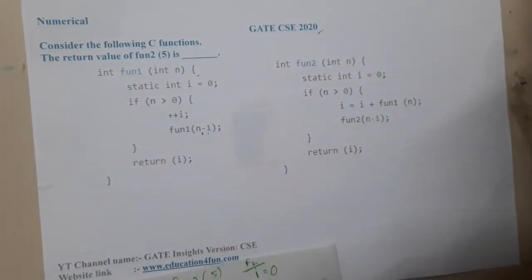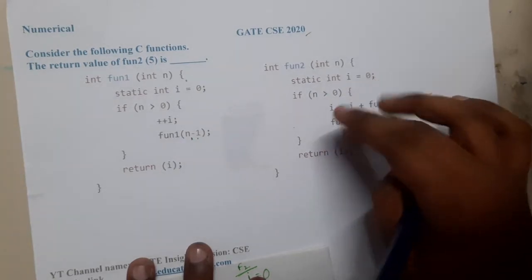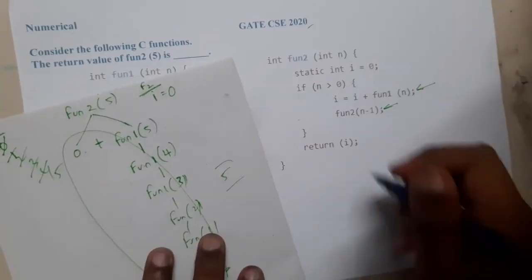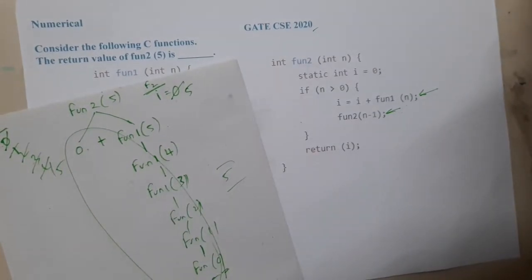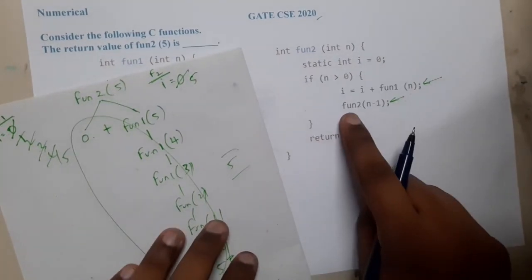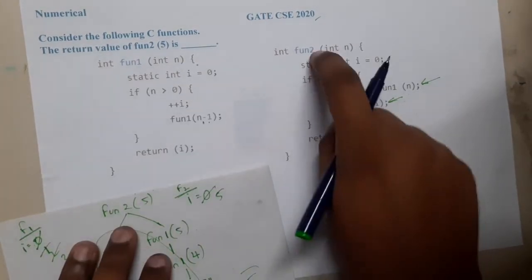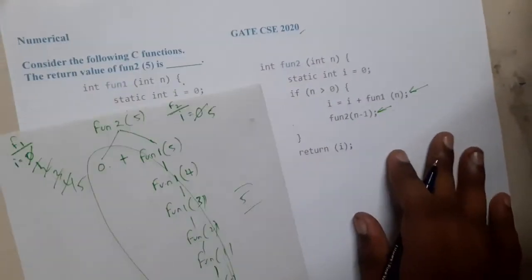The question seems to be a bit complex, but it's really easy. There is a small twist for this now. The question is not yet done, guys. This we have completed, but this loop should also run. So now we got 5 as the result for this i value, so i has been updated to 5. Now what we are doing here? You are again calling fun2 of n minus 1, so you are calling itself. Now I got the logic here. Once you got this as a result, you are again calling